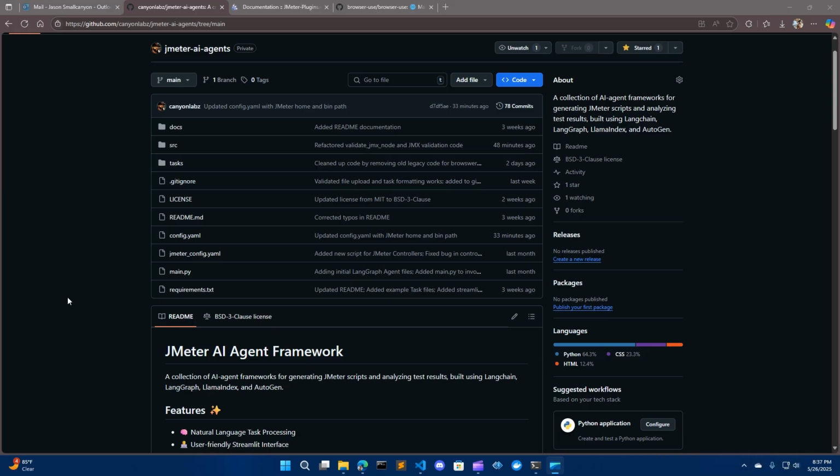Today, I wanted to showcase a little project that I've been working on. This project came about because I was thinking about a couple of pain points for performance test engineers. I think two of the main pain points for performance testers are, one, creating a JMeter script from scratch, and two, taking test results, performing an analysis of those results, and then generating a